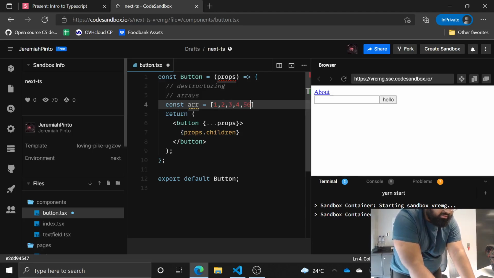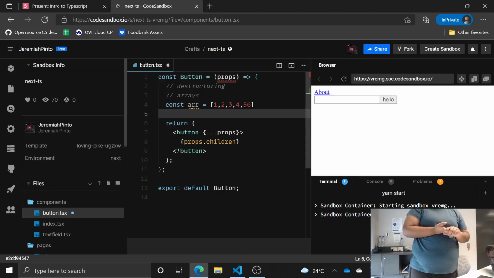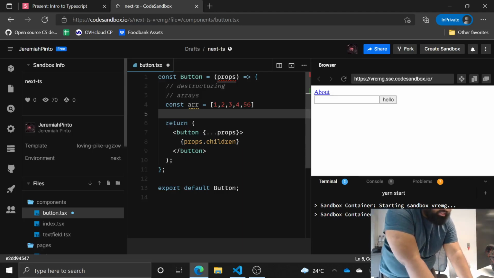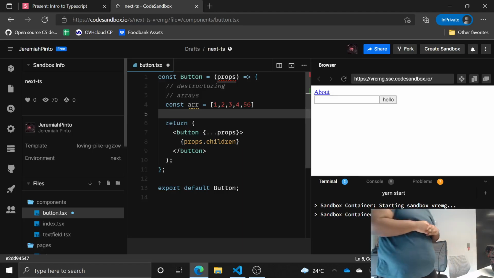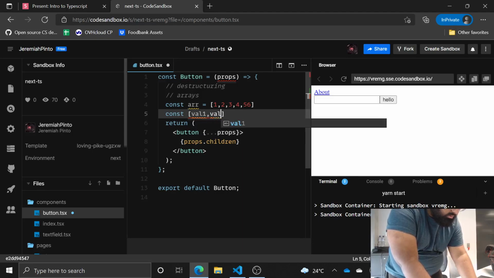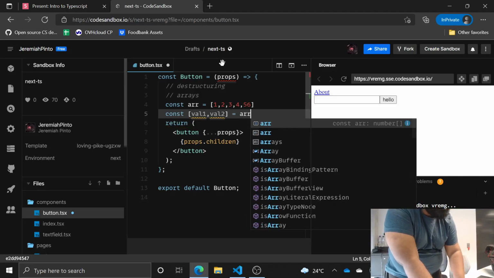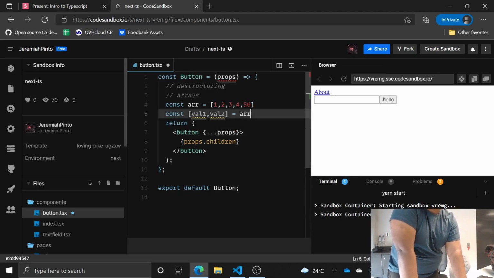It's fine. All right. Let's assume we have an array. For now, it's just an array of numbers, but you get the point across. First value is 1, second value is 2, third value is 3, and so on. Let's say you only ever want the first two values. In that case, you can go val1, val2 from array, and so that'll give us the value of 1 and 2, and if we console log,